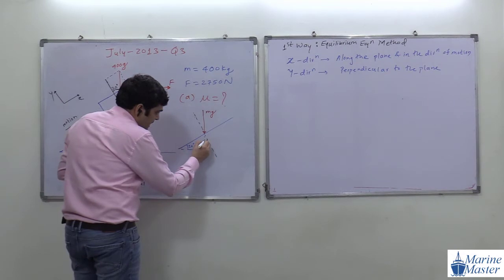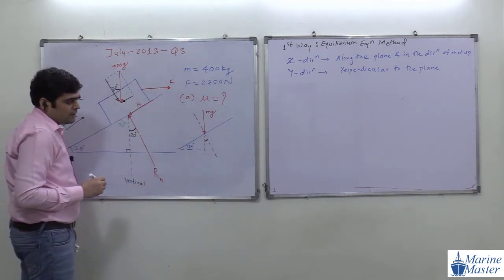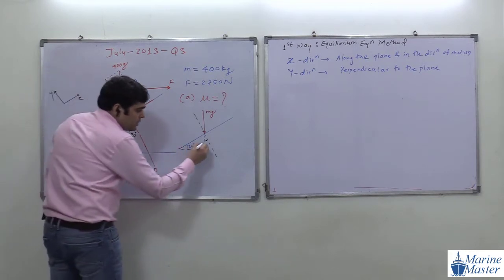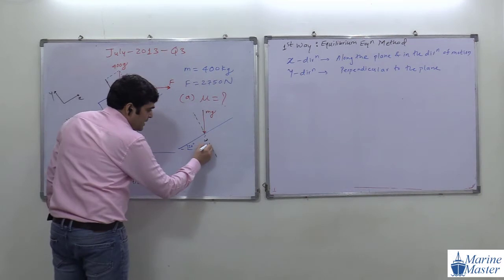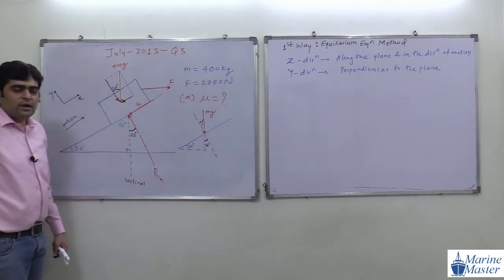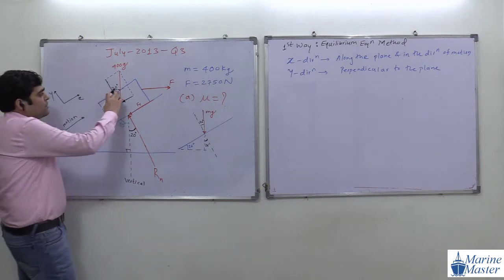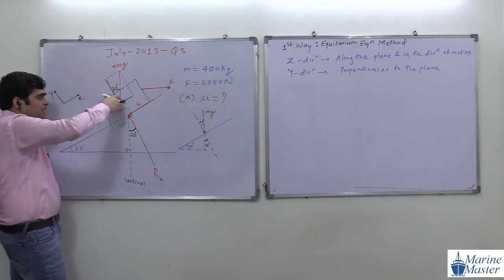Okay, what will be this angle, guys? Just now we got this angle, this black color angle. This is 20 degree. If this is 20 degree, then the opposite must also be 20 degree. So in this way we got this angle: the angle of 400g with respect to the perpendicular to the plane. With this perpendicular line, what will this angle be?